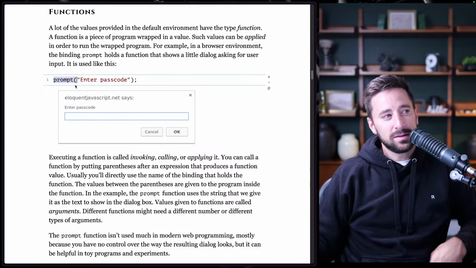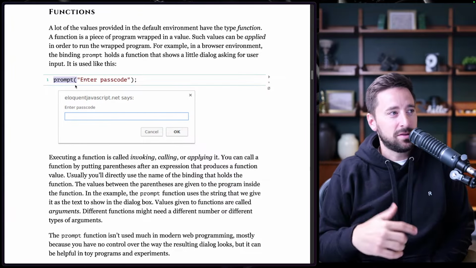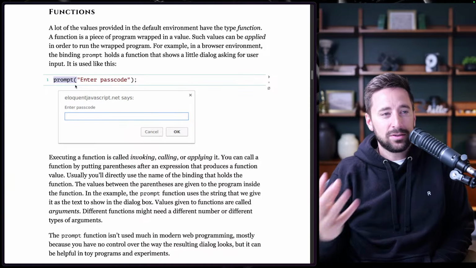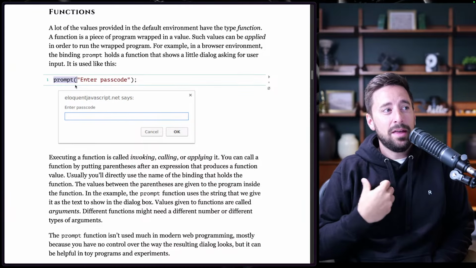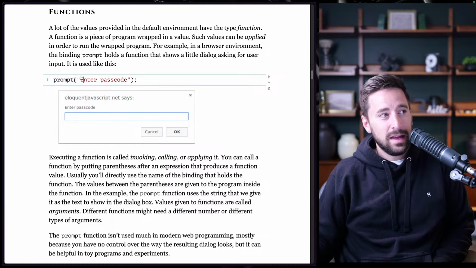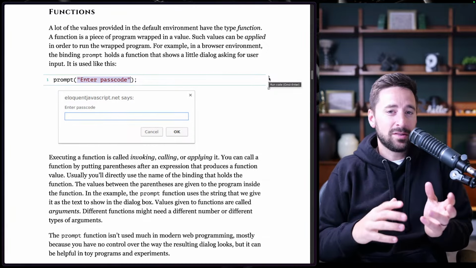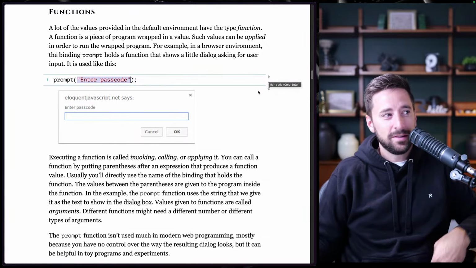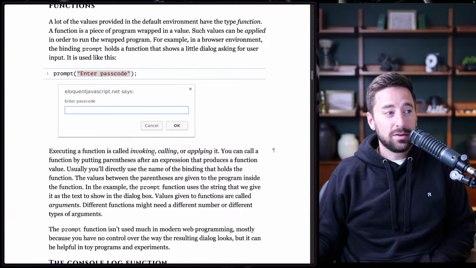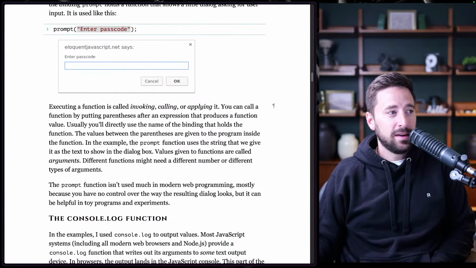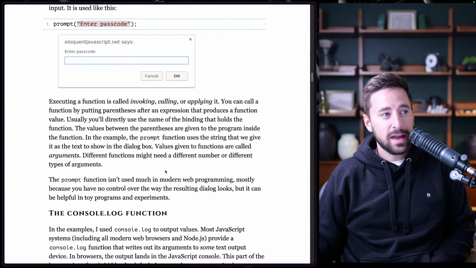And you can see how this is quite a bit different than just a string that equals Chris. It's actually receiving data from me and then doing something with that data. And here I'm actually passing it data as well. I'm saying, hey, it should say enter passcode. So you can see how functions are actually more interactive. They're functional, right? Executing a function is called invoking or calling or applying it. You can call a function by putting parentheses after an expression